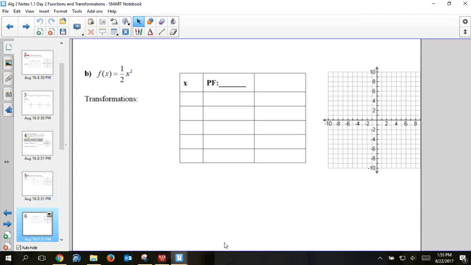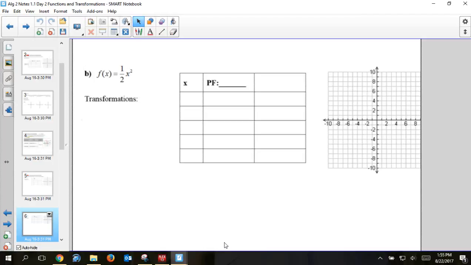horizontal reflection. But we don't call it a vertical reflection, that's what it is, but we call it a reflection in the x-axis. Or it's this one, the reflection in the y-axis, right? And then we also had these kind where we talked about when there is a number in front